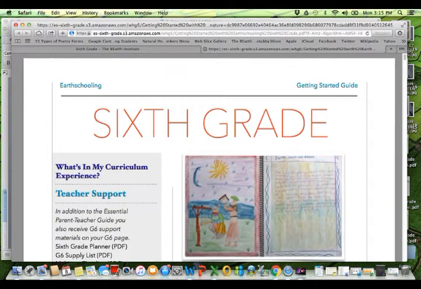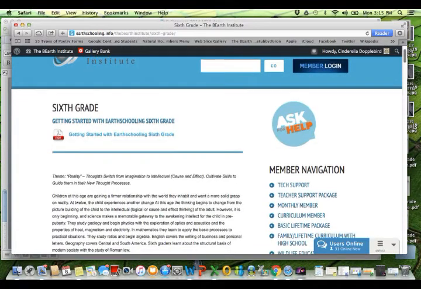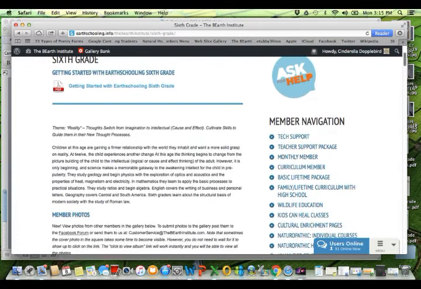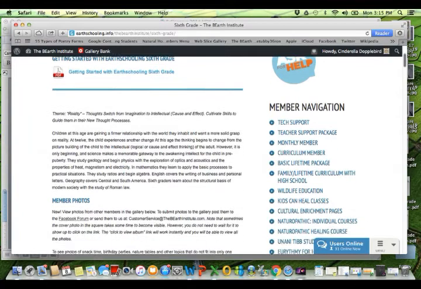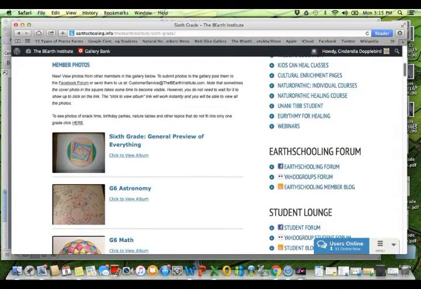So once you get done with your planning and your overview, you can go down the page, and right here, this paragraph just tells you a summary about 6th grade. This is the same thing that you'll find in the planning document above. And then right under that, every page on the Earthschooling website, including this 6th grade page here, has a gallery